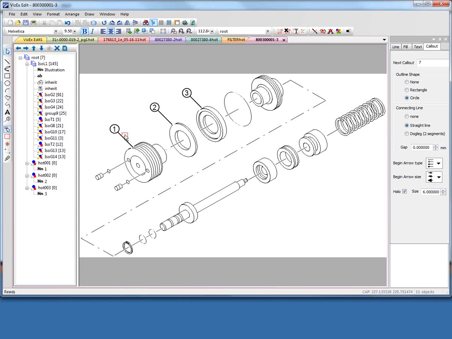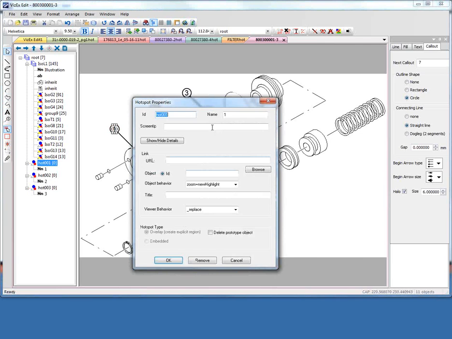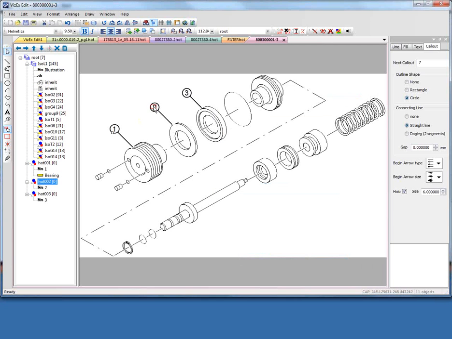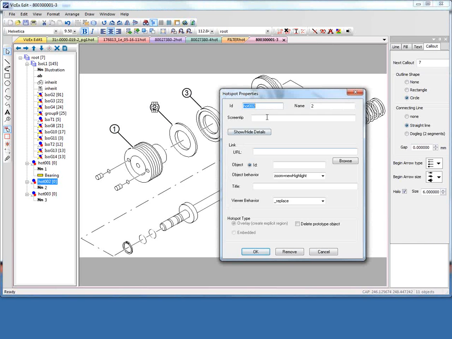Once they're in there, again, you could, for instance, edit the metadata. I'm going to go in here and just show you how we can put some screen tips on those. Okay, so on the left here in our metadata tree view, we see that those screen tips that I just typed in, associated with those hotspots, are now showing there. So now that we've got these drawings,